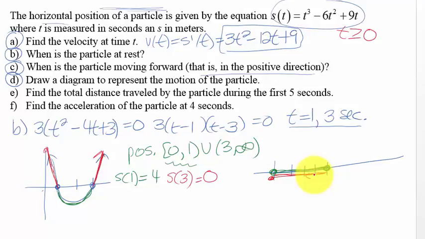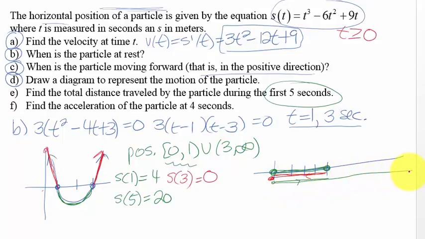Okay, let's see what is going on with it next. And so the next thing we do is say, okay, from 3, and this says in the first 5 seconds, so we're going to go from 3 to 5. So let's find s of 5. So if I put a 5 in here, I would have 5 cubed minus 6 times 5 squared plus 9 times 5, and it looks like that is 20. So what that says is it turned and it started going back this direction again, and again they're on top of each other, but I'm splitting them so you could see it. But it kept going this time till it got clear over here, which really would probably be off the screen,